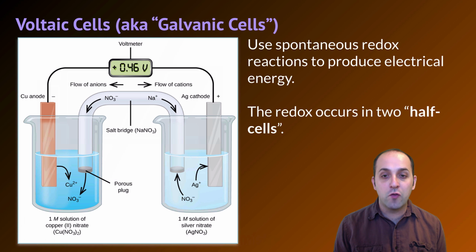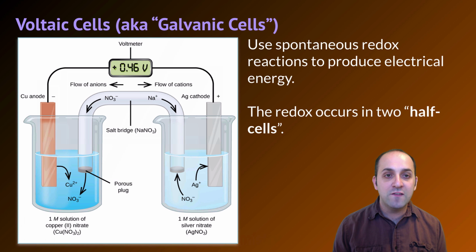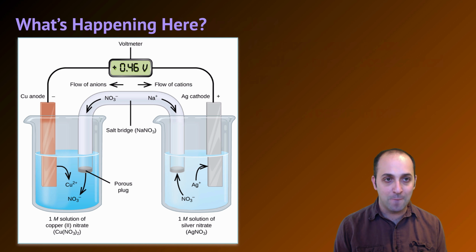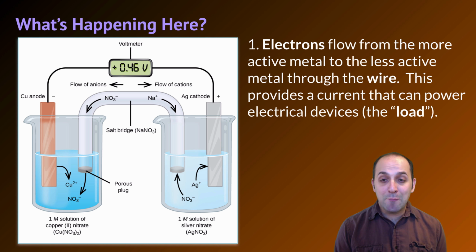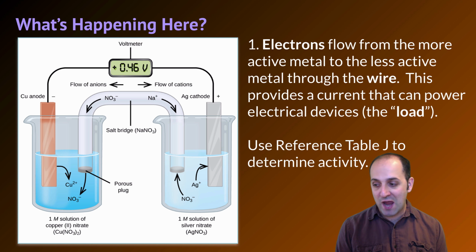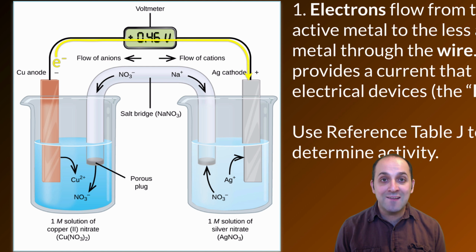In a voltaic cell, the redox reaction occurs in two half cells, with the reduction happening in one and the oxidation happening in the other. Let's go in and take a look and see what's happening here. We can start anywhere we want because it is a cycle, but let's just start with the electrons. The electrons are flowing from the more active metal to the less active metal through the wire. Copper and silver, we can use reference table J to tell us that electrons are going from the copper to the silver. As they move through that wire, that is the electrical current that powers whatever the electrical device is,